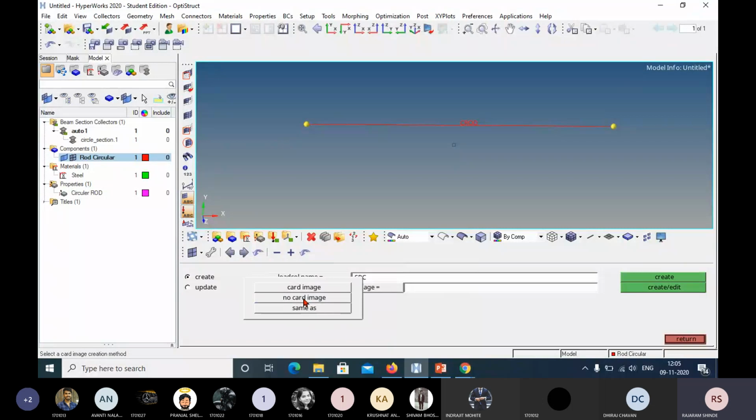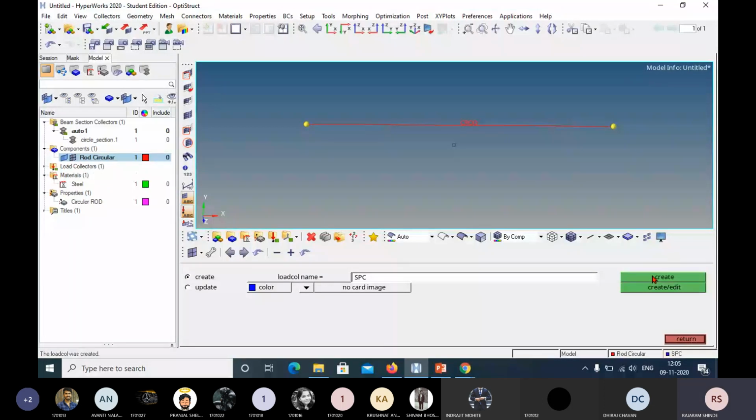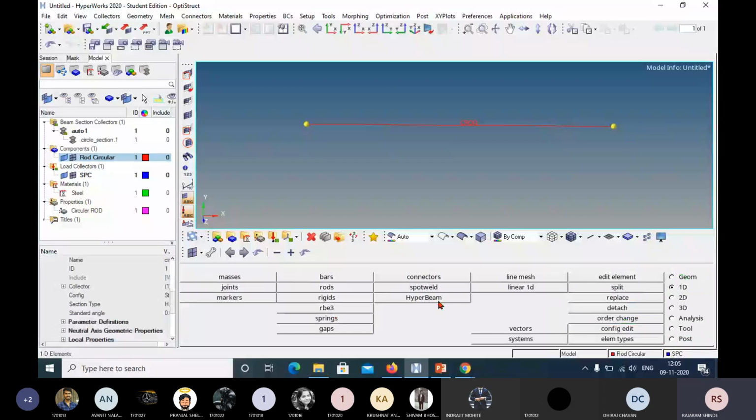So click on this, select, create it. You can see here load collector is added here with one SPC.